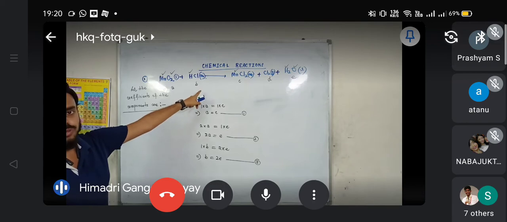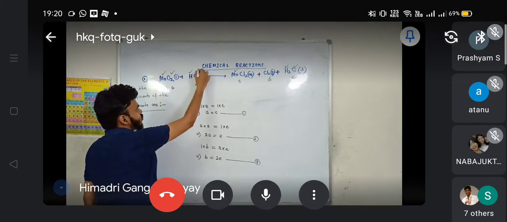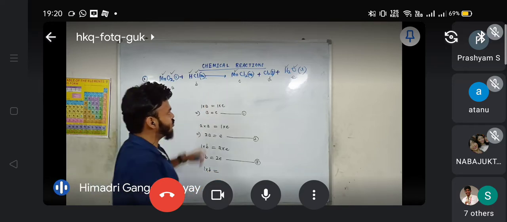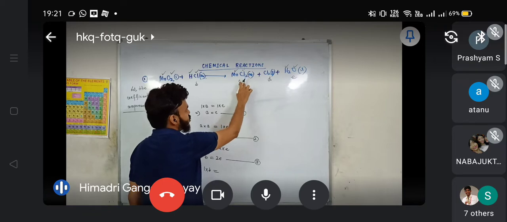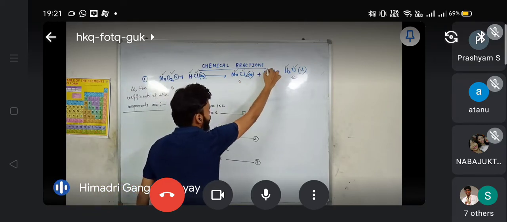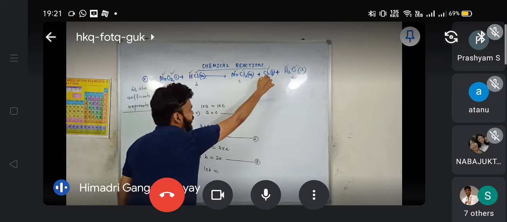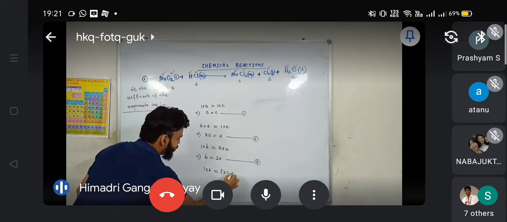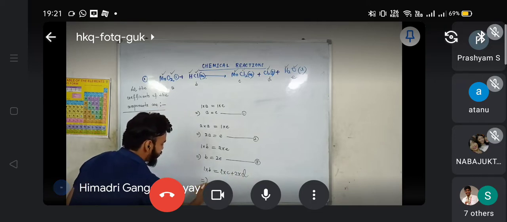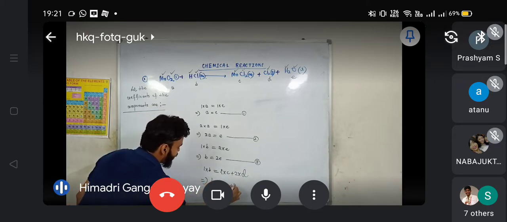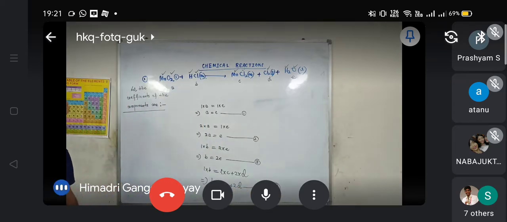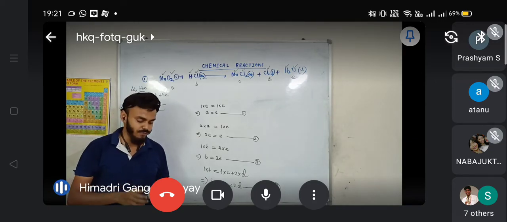Next another equation will be chlorine. So 1 into B again for chlorine, that will be equal to, look very carefully, chlorine is here 2C, and here 2D, 2C plus 2D on the RHS. So B is equal to 2 into C plus 2 into D. So it will be B is equal to 2C plus 2D. Equation number 4. Okay? So we have to make all the respective chemical equations that can be formed.